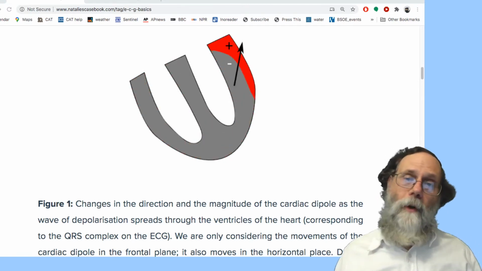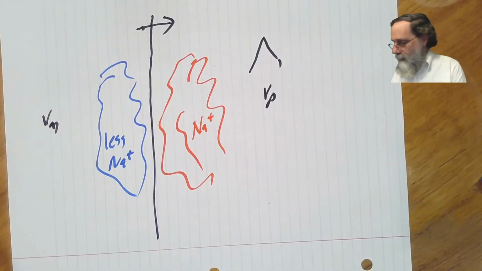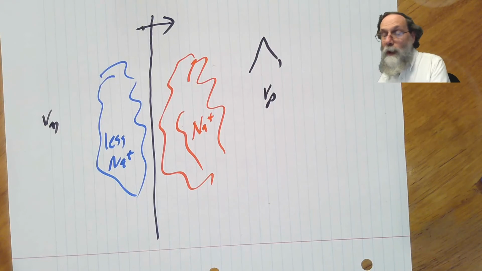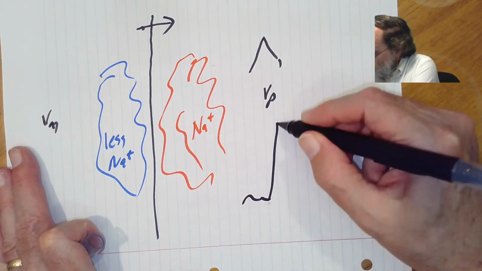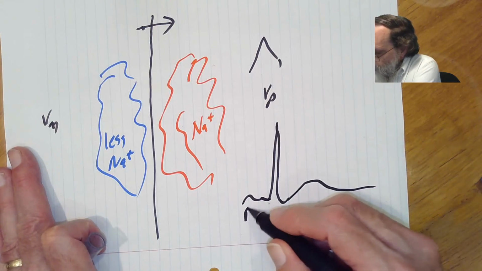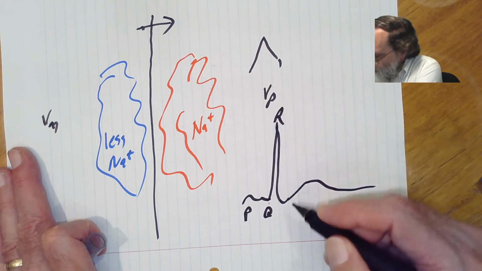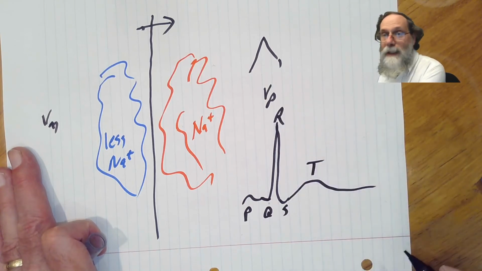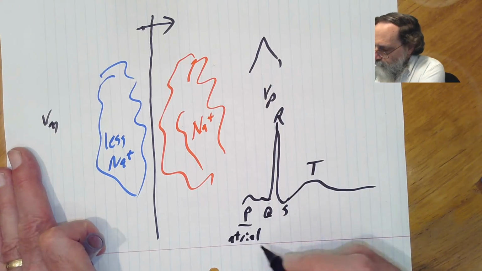And if we go back to looking at what the sort of canonical EKG waveform looks like, remember there's a little part here, and then it goes way up, and then another part here. The first bump here is P, then we have the QRS complex, and then another bump T. The P is the atrial depolarization.